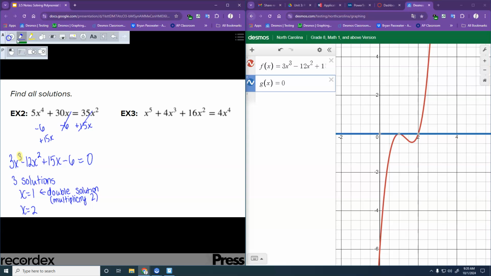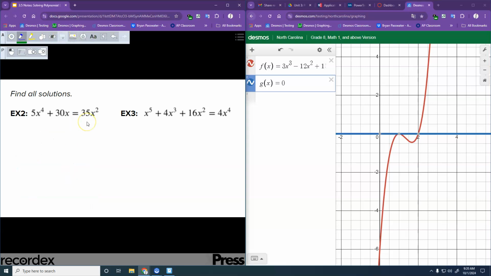All right, so let's try this next one together. It's not all on one side, so the first thing we need to do is move everything to one side, right? So I'd subtract that 35x squared, just make sure when it moves over to the other side, it's got a different sign. Will anything combine right there? Can I put anything together? No. So it's just going to be 5x to the fourth minus 35x squared plus 30x